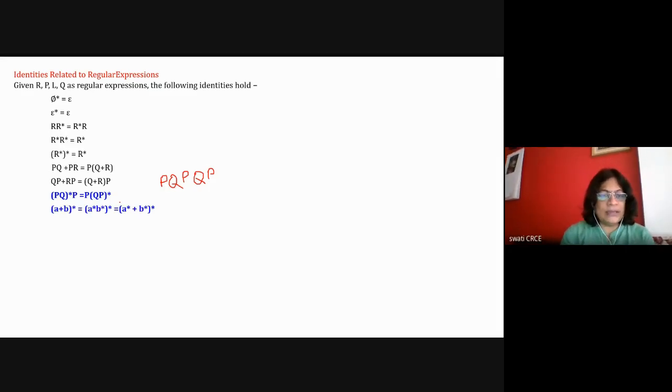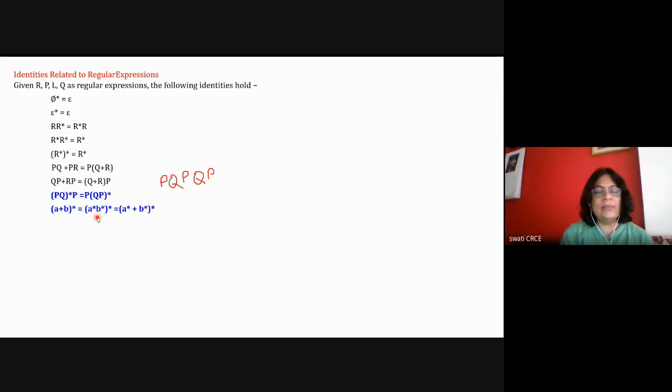Okay. Then take the second example, A plus B bracket star. So here we get lots of freedom for A plus B bracket star. Because it is actually a combination of A's and B's in any order. Either A or B for many number of times. So we get lots of freedom, A or B or A or B. So there is no particular rule or no restrictions. A's and B's any times. So this is nothing but A star B star bracket star. Okay, so this is also giving the same answer.